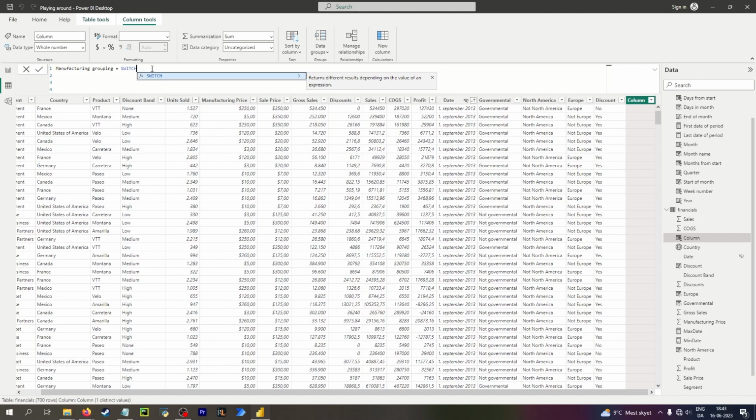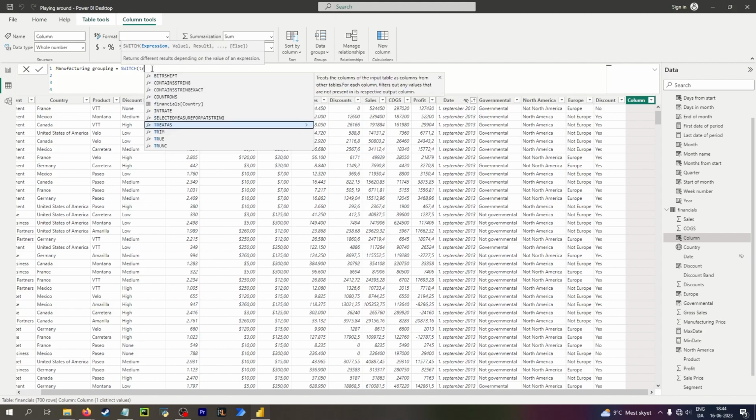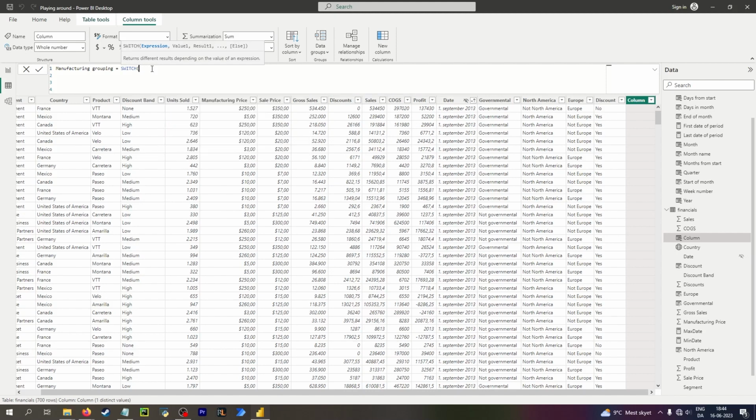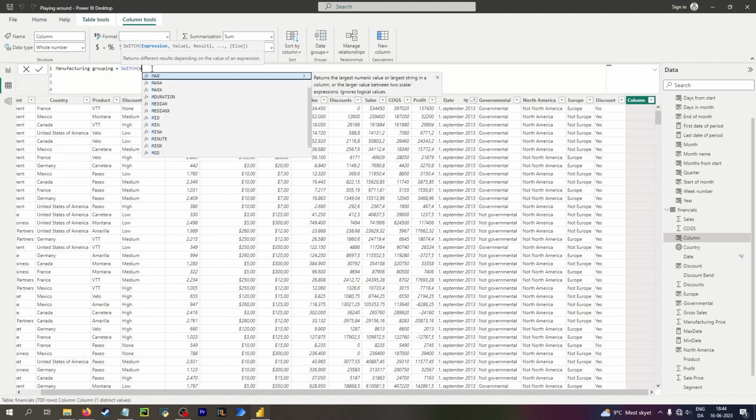So SWITCH is Power Pivot's version of case select. And then a neat trick is you can say TRUE here, because TRUE is always true. And then you can do some other stuff, basically to avoid having a nested IF. But I want to look into the manufacturing costs